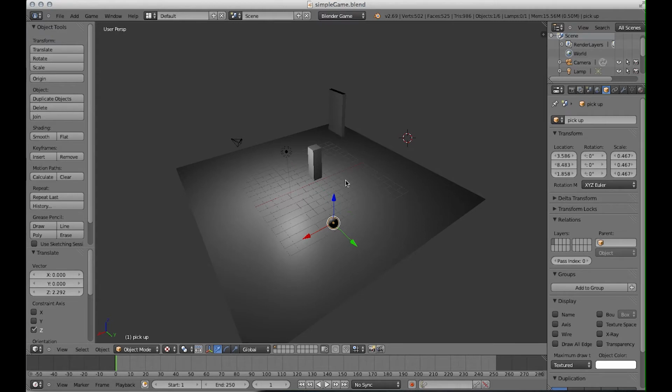So, we've made our objects. We're going to add some controls. The first controls we're going to add are those that make the player move. I've clicked on the player. To select, we right click